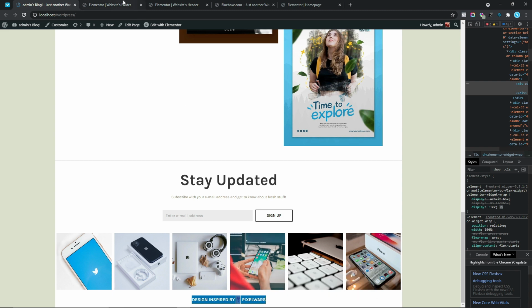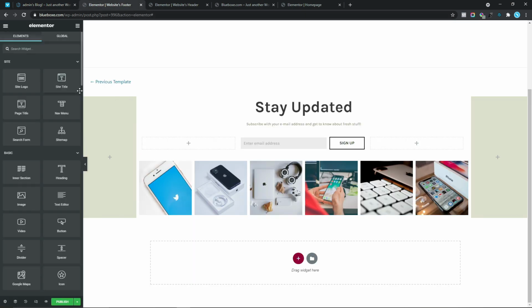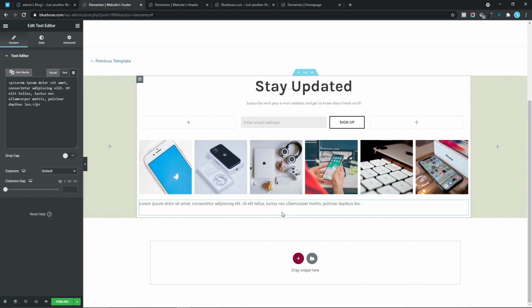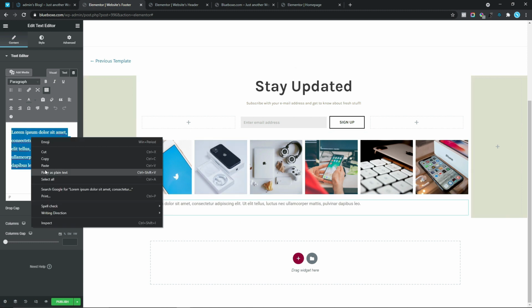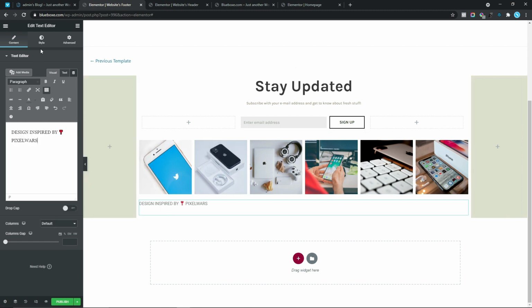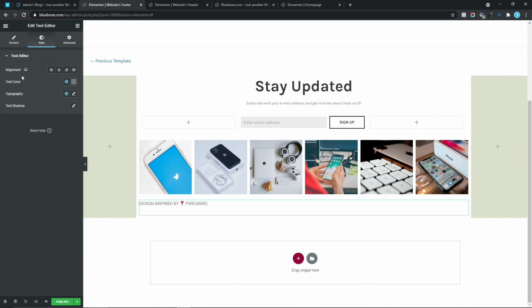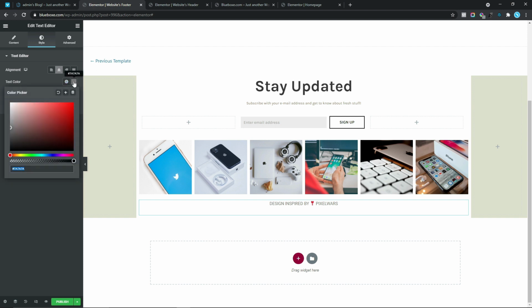Now coming down to our Elementor design canvas, I'm just going to come back to our widget and drag and drop our text editor directly under our Instagram feeds. So I'm just going to highlight all of this and paste the text we just copied. So I'm just going to come back to style, and for our alignments, we want to align this to the center. And for our text color, we want to click on this box icon and we want to change this to hashtag